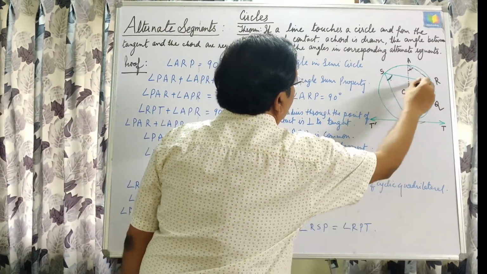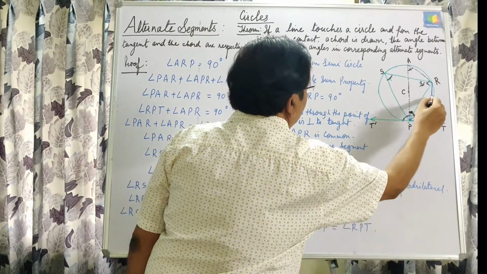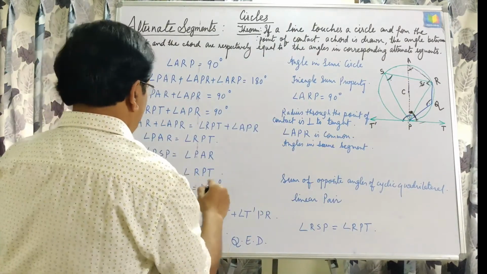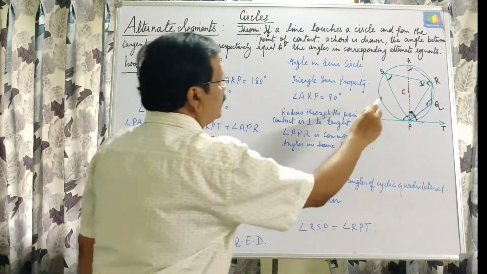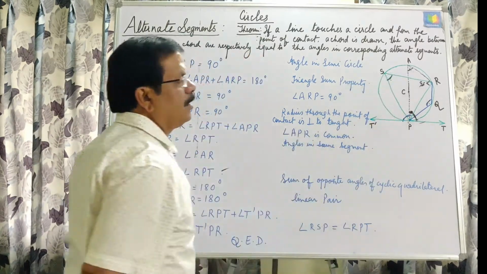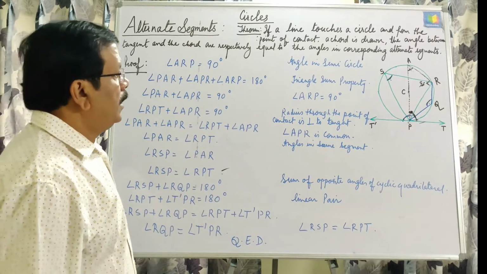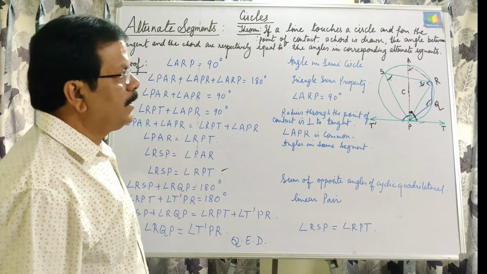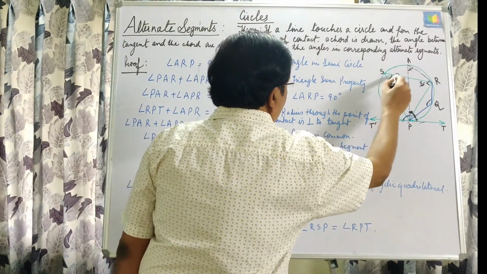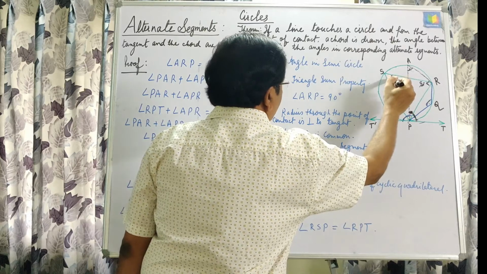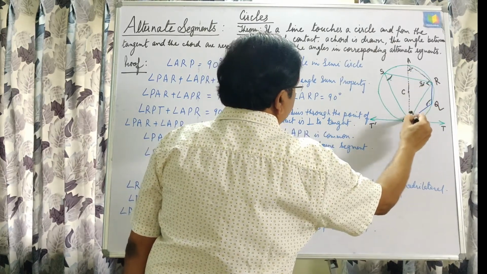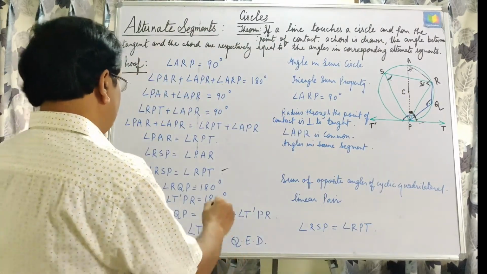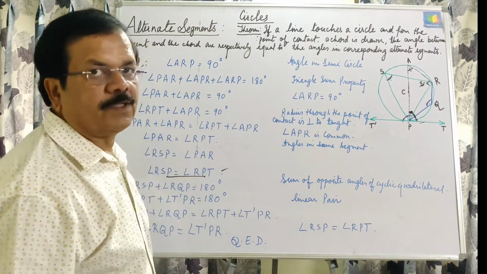PAR is equal to RSP, and that is why RPT is equal to RSP. Because here angles in the same segment are equal. We already studied in the second video related to circles, that is the angle properties of a circle, that angles in the same segment are equal, so this angle is equal to this, and that is why this angle is equal to this. RPT is equal to RSP, and this way the first half of the theorem is proved.